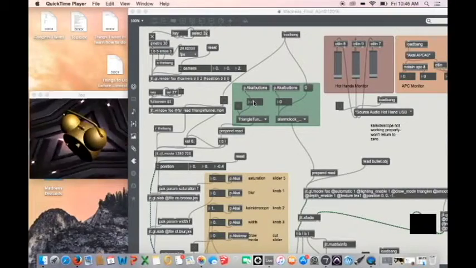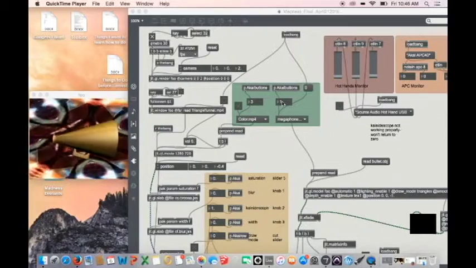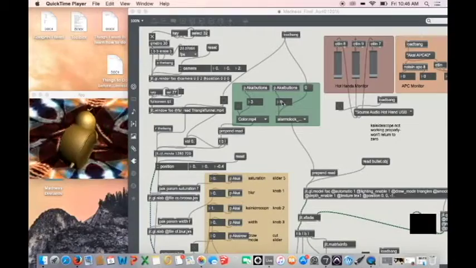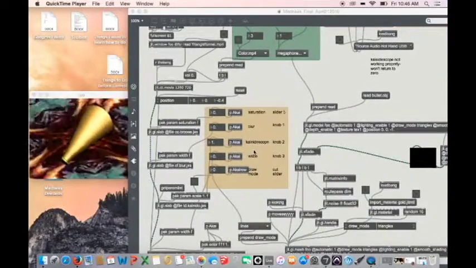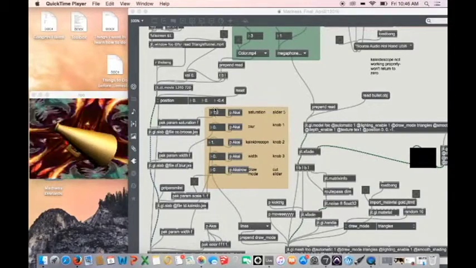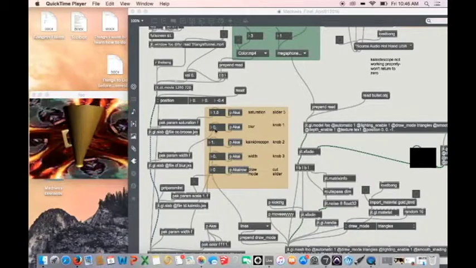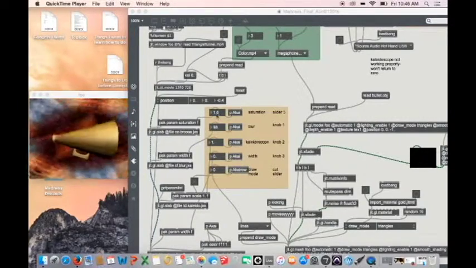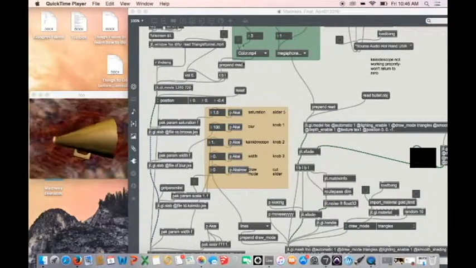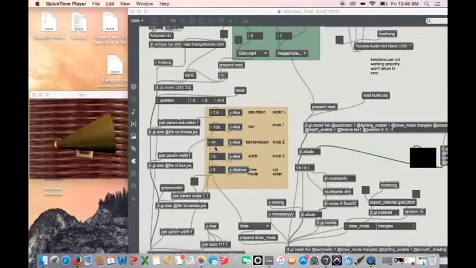So here's the patch. I have populated two different umenus with video and OBJ objects respectively that you can change out. My partner Kyle Lin was in charge of using the APC that had mapped scenes. He's also controlling these video effects as well. So we mapped the video effects to the APC, and he also had each scene with a different video and a different OBJ object. Down here, each one of these are video effects except for this last one,